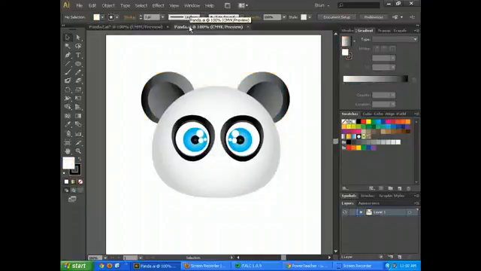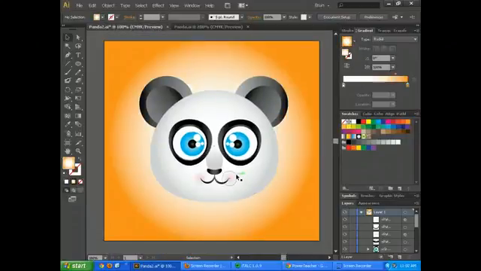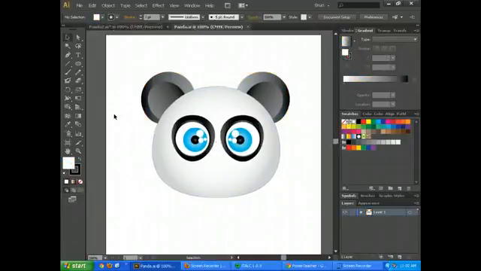Alright, in this video we're going to go from this to this. We're going to finish up the mouth, nose, and color the background with a gradient. So to do so, we're going to start right here, and the first thing I want to do is get